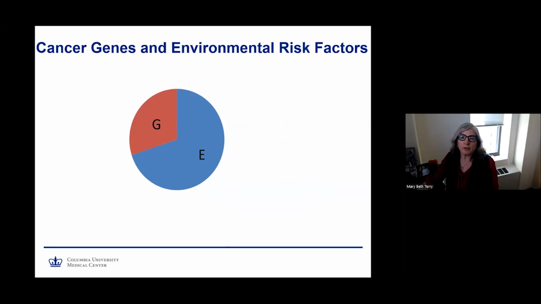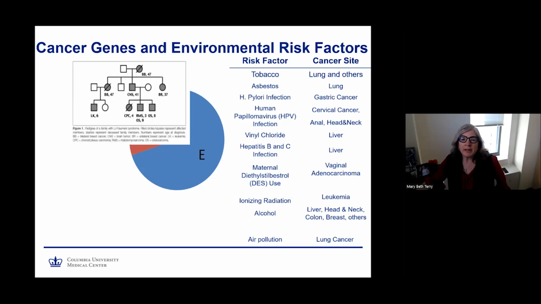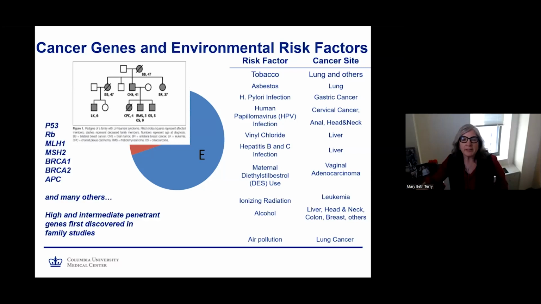The old paradigm for cancer risk separated the majority of cancers that occurred in the population as environmentally caused, and much observational research over the last half a century identified major causes of cancer, as you can see on the right. These studies were primarily conducted in unrelated individuals. The remaining cancers that clustered within families were thought to be driven primarily by germline genetics, and the identification of many of the hundreds of cancer genes started first with these family-based studies.